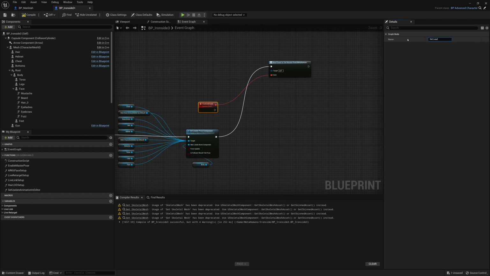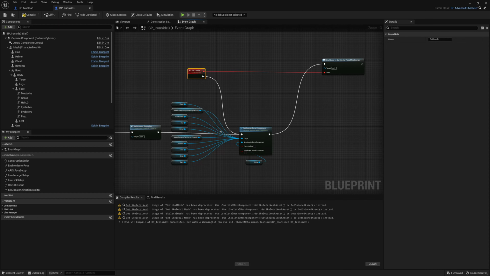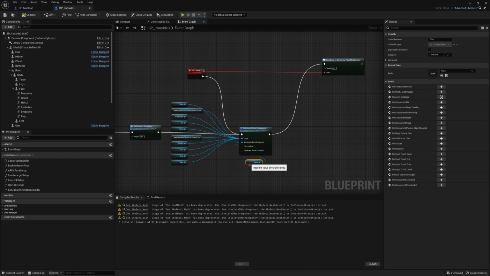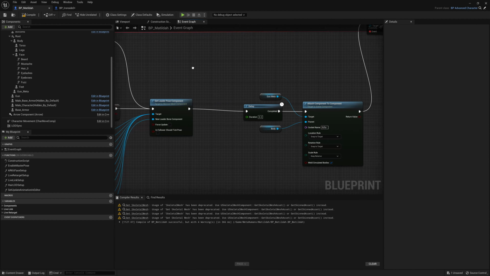So again, you know why we're doing that. If you watch the previous videos, I recommend you watch the previous videos, even if you're not setting up a female metahuman. Okay, so we want every single time a new mesh is set, a new skeletal mesh is set in the customization system, we want the leader for that mesh to be the body. Okay,